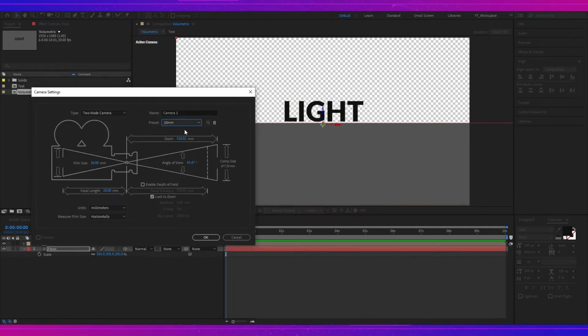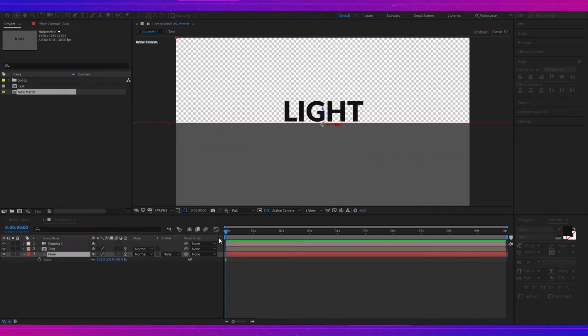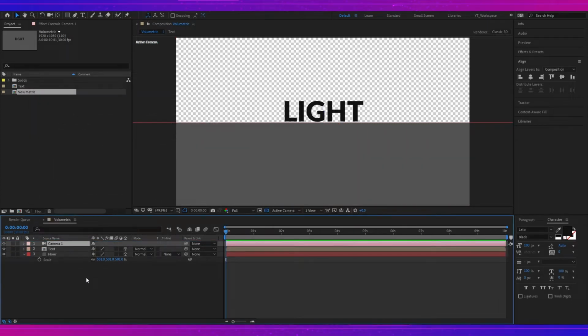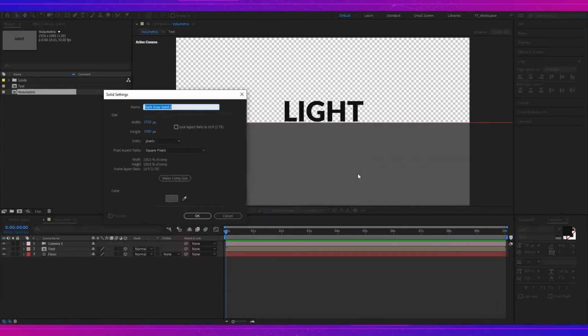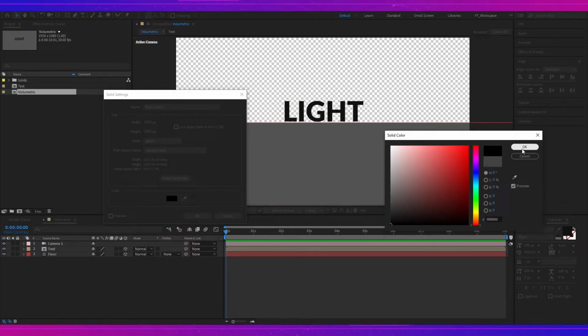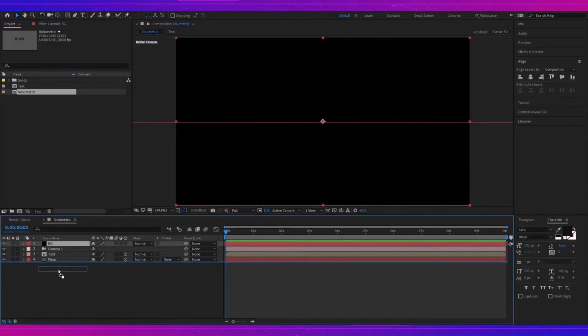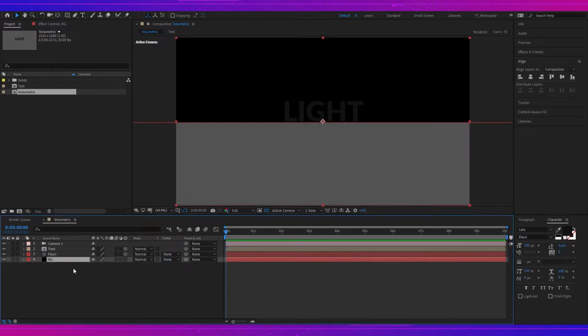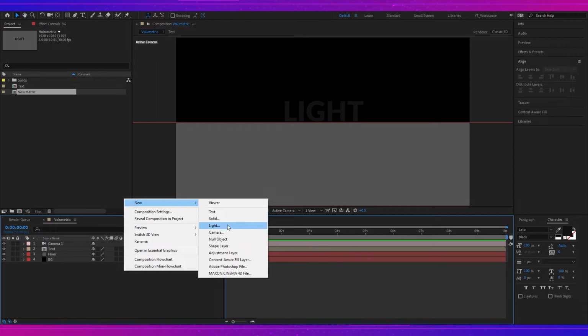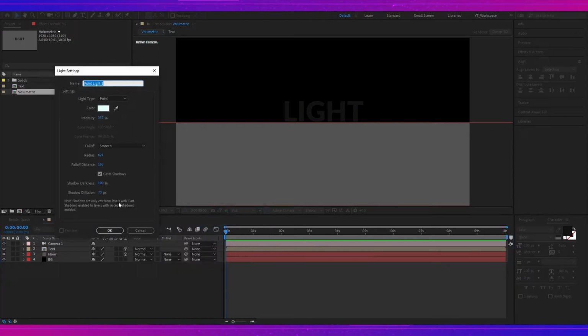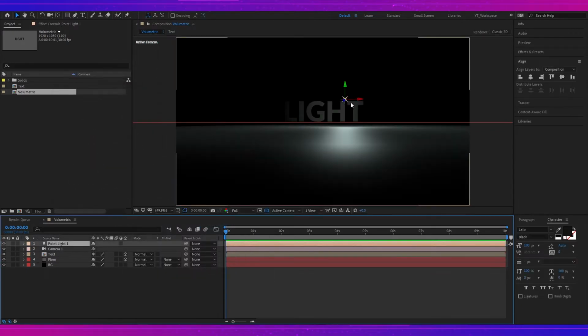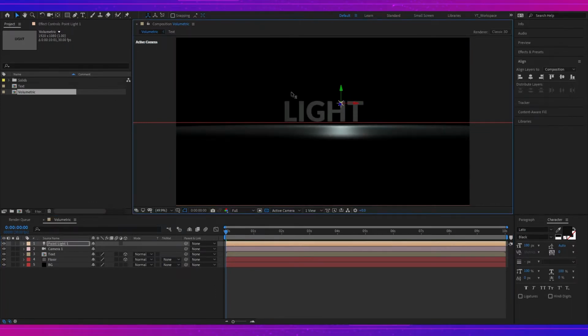28mm would be okay. Uncheck lock to zoom, move it above. Now I will create another solid, this time a black one for the background, and I will leave it as 2D. Now it's time to create a light. Let's create a point light and I'll move it along the z-axis,